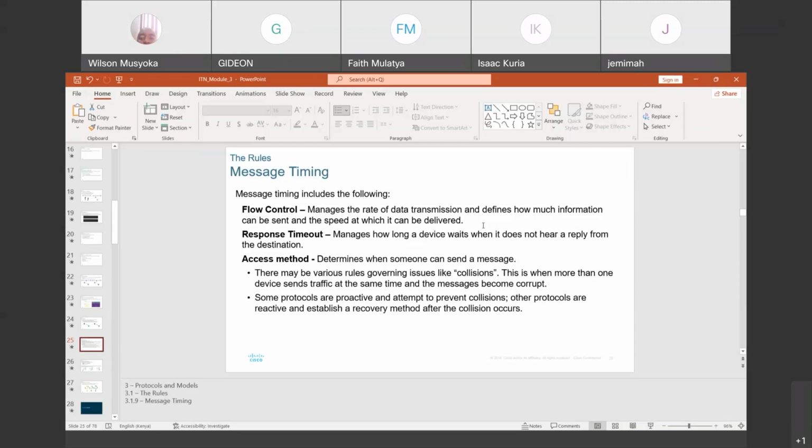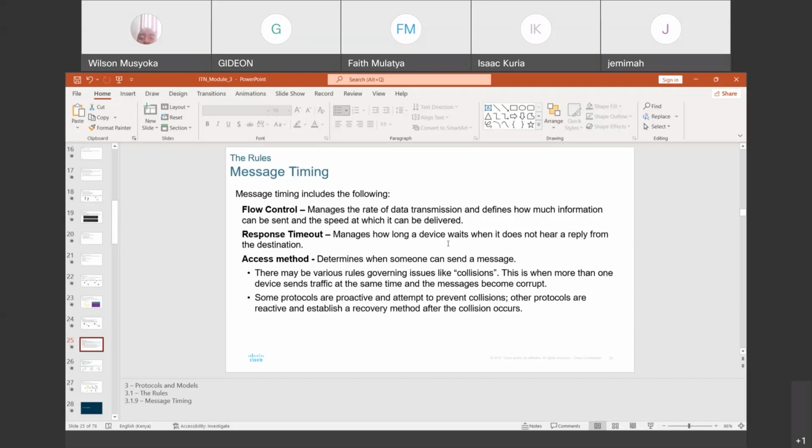And maybe one of the methods we use is the ping command. You can ping a particular destination, like the practical we are doing. If the message has not been received or there is no acknowledgement of receipt, you will see a timeout, maybe after a specific duration of time.